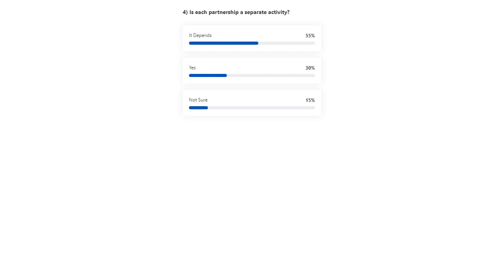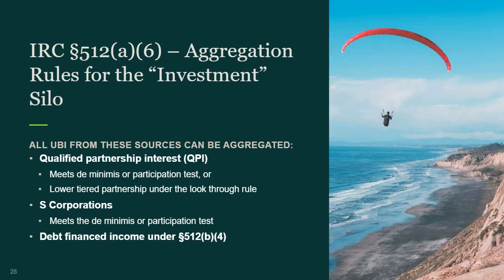Well, this is a great lead-in to the next few slides that I want to talk about. It definitely depends, and we'll talk about what factors can help you determine if it's yes or no, for example. So I'm going to get into the code a little bit here, but I do want to give you the